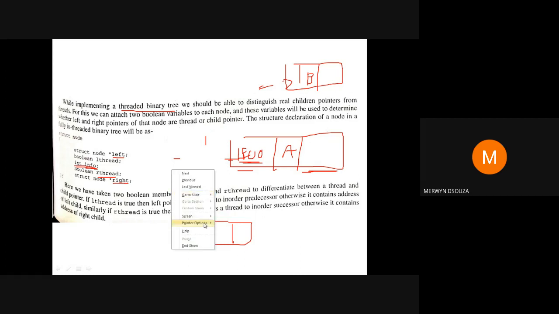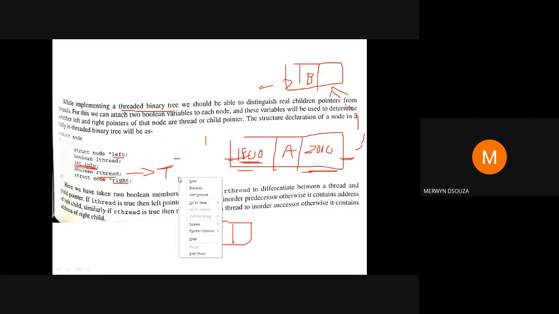If R thread is set to true, that means the address stored here is a thread to the in order successor.